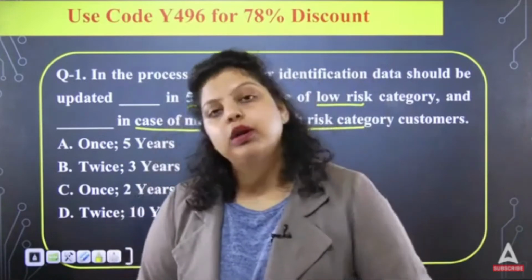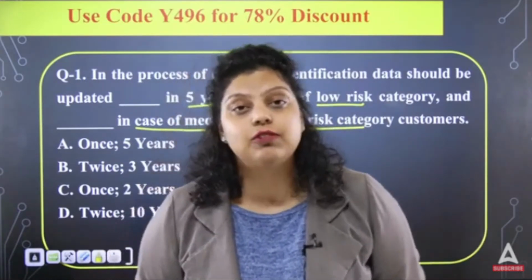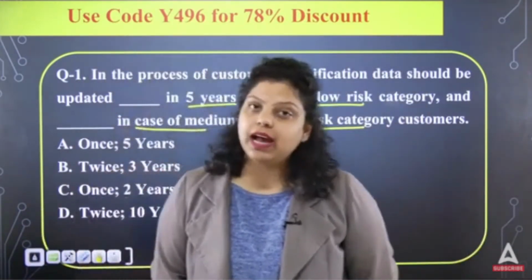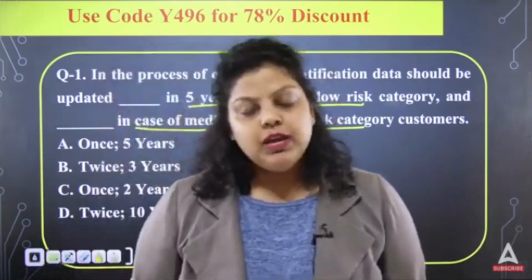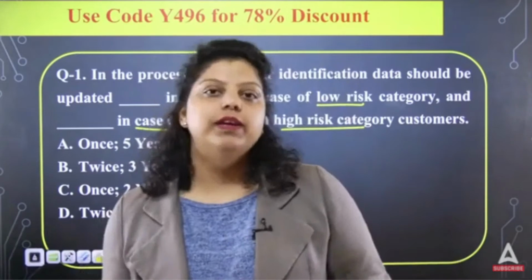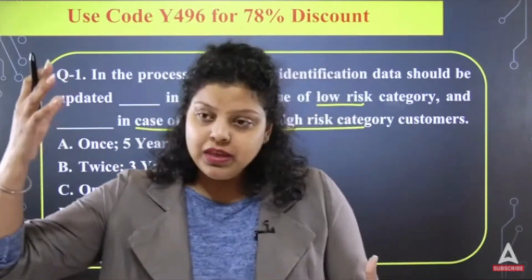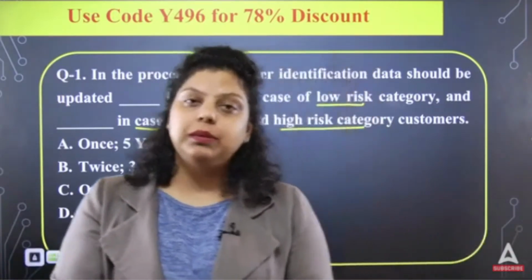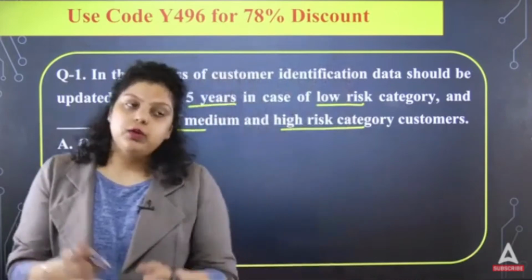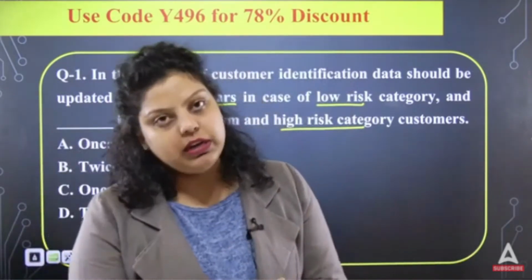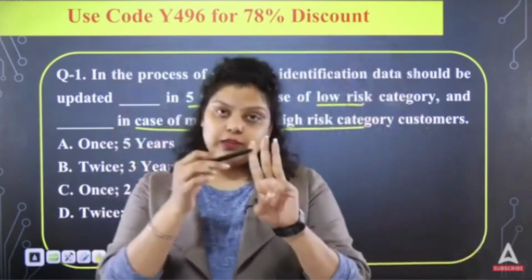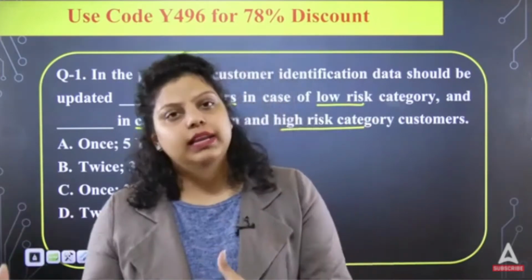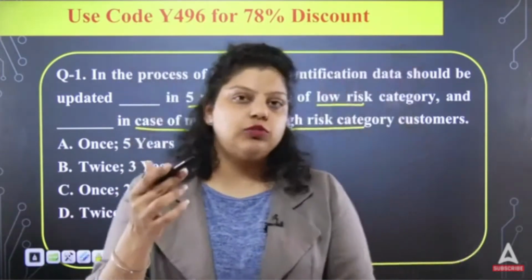Now, why is it very important to know your customer? So that if any illegal transaction is happening in a particular account of a customer, you will be capable of identifying that and stopping that. That's why anti-money laundering rules and regulations have been introduced by RBI, and mainly to stop money laundering, the KYC was introduced. Now, what is money laundering? Money laundering is simply the conversion of black money into white money. When you are converting your black money into white money, that is known as money laundering. There are 3 stages of money laundering: placement, layering and integration. To stop these placement, layering and integration stages, we have introduced the KYC.